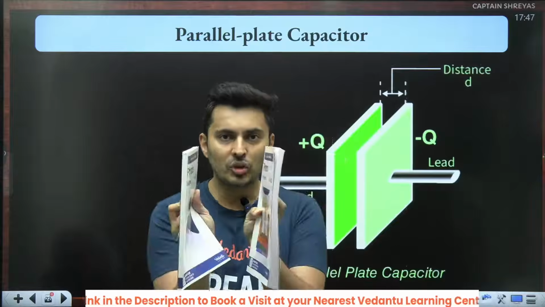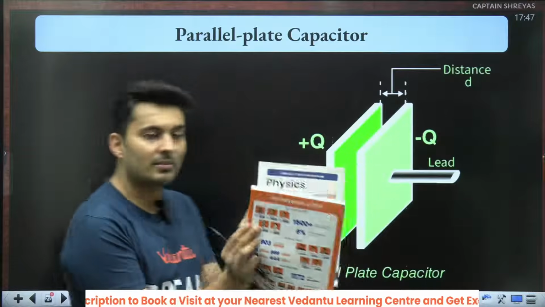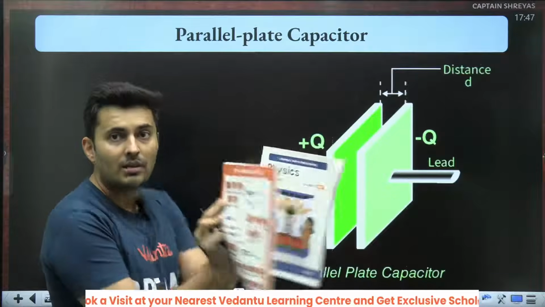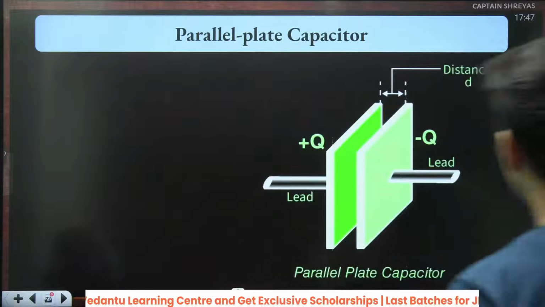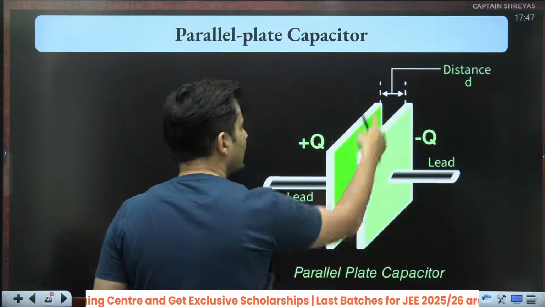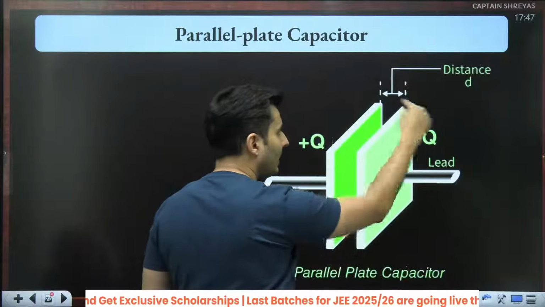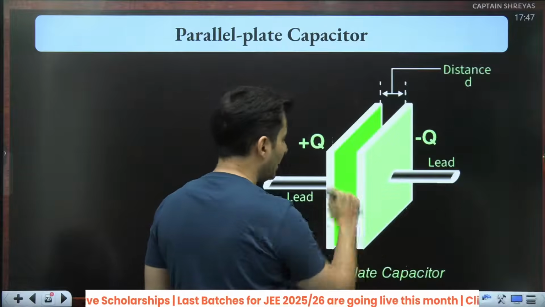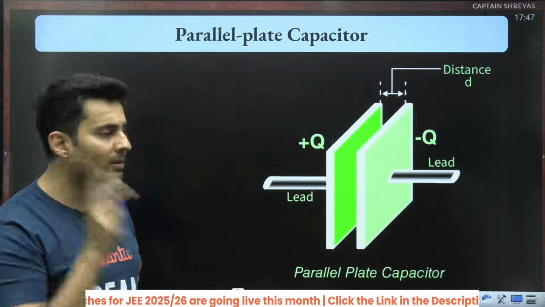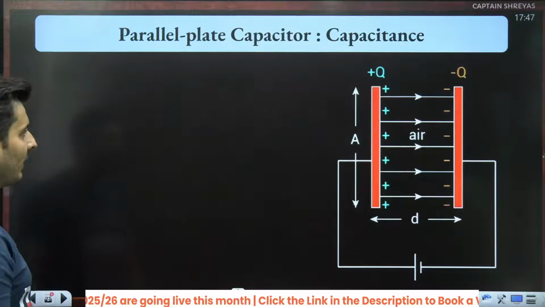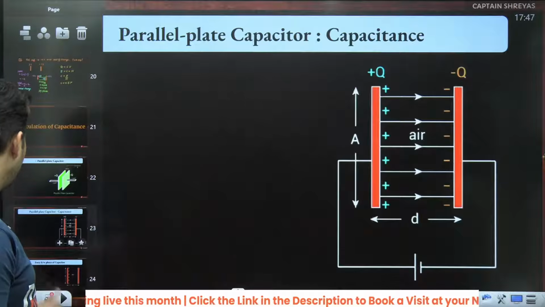The energy is stored between the empty space which you see between these two plates, and there is electric field also in between them. There is some distance between the plates, there is some area of the plates, there is charge q, there is electric field. Using these quantities only we'll be able to figure it out. Okay, so here is what we are going to do, my dear students.